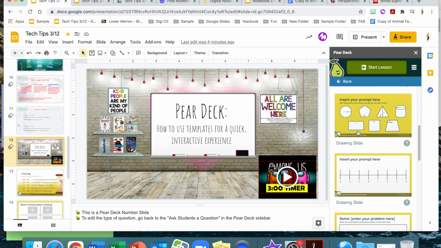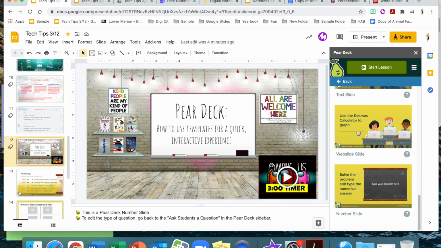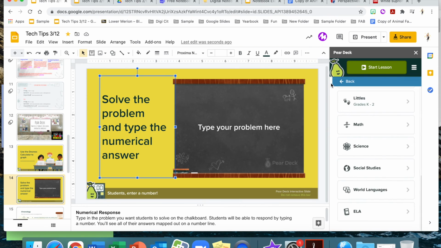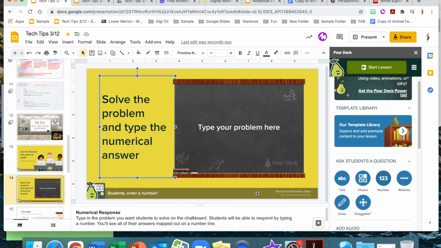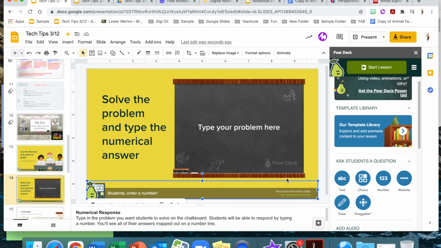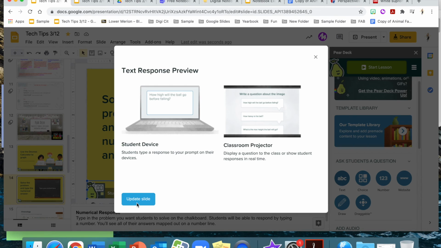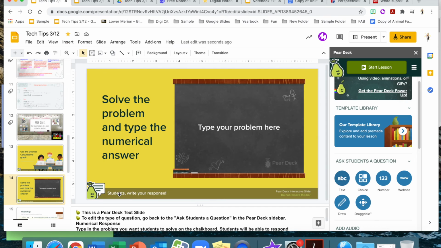So I can come in here, what kind of question do I sort of want? And the cool thing about this is I can click back, and this is the type of question it is. It's a number right here. So it tells me what the students are going to want to do. If I want to change it to a text slide, I click text. It will change this number slide to a text slide. I click update, and it will change it to a text slide. So I can just do that here, change it, but at least it gives me that formatting,